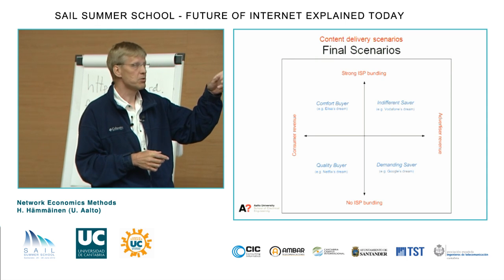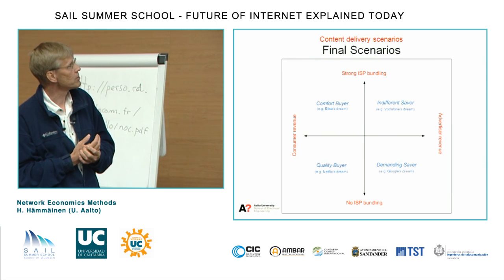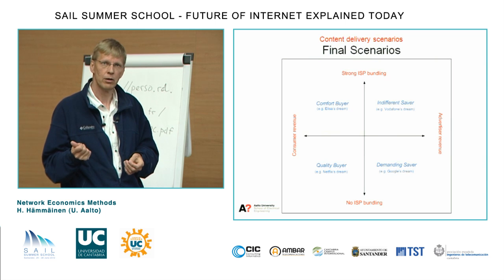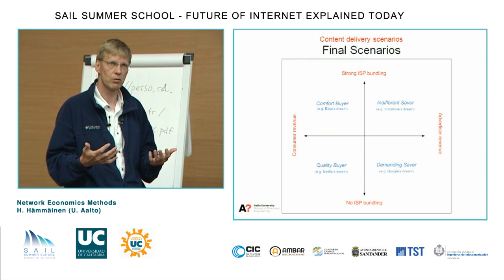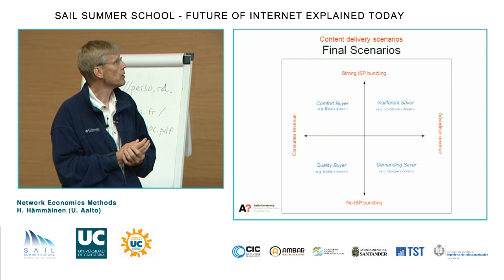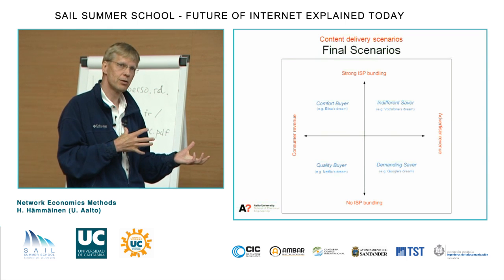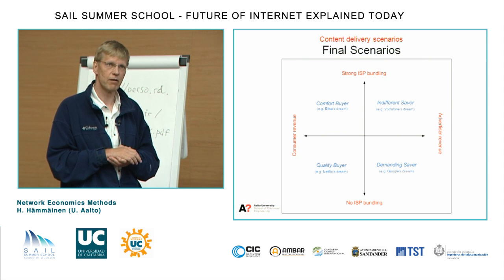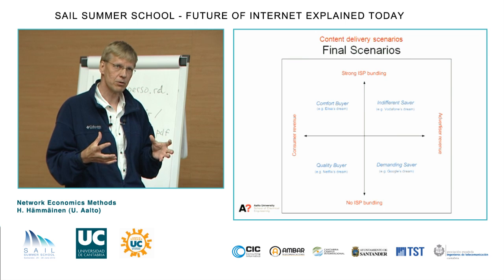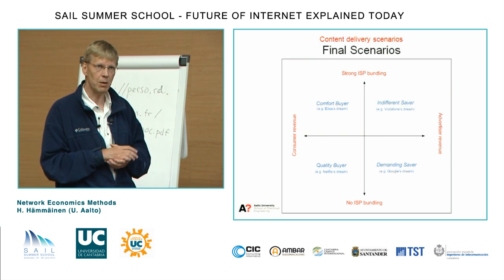Okay, now the names of these scenarios are chosen in a specific way. So these scenario names, comfort buyer and so on, refer to decisions of consumers. So consumers have the ultimate power if we talk about a market-based economy. And you can say that these are segments of consumers. Yes, but which segments really start dominating? So do we want to save money or do we want to be comfortable? This probably depends on the country also. In high standard of living countries, this goes slightly differently. But overall, we don't know,